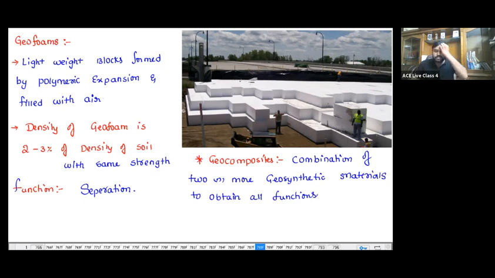All the functions means, let me take geotextile as an example. In geotextile, it can